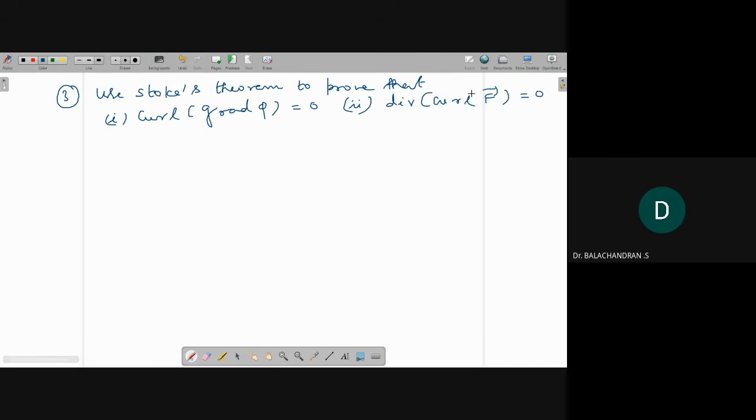Okay. So I think you know this result already: curl grad phi equals 0, divergence of curl of f equals 0. But here we need to use Stokes theorem. So that is the important difference in the solution. So Stokes theorem